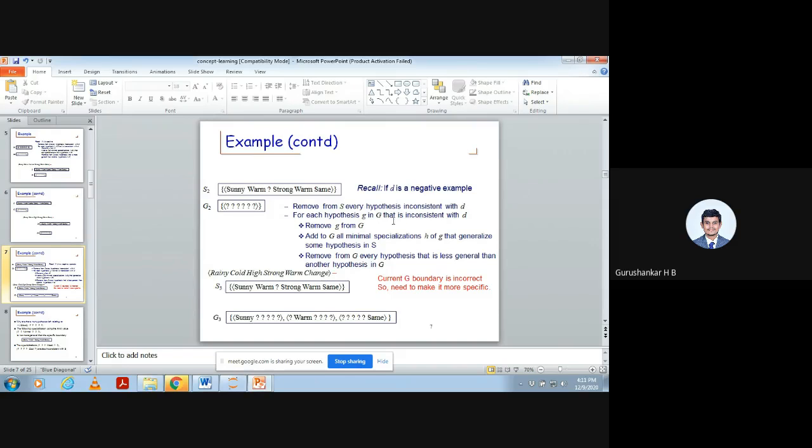Then with G, that is inconsistent with G, so we have to remove the values that are inconsistent when we compare this hypothesis with the G here. So we have to remove the values that are inconsistent with the D. The D is the required hypothesis values, so we have to remove that, and then remove G from G, and then we have to add to G all minimal